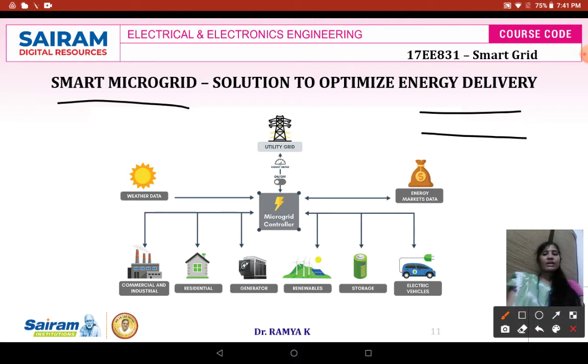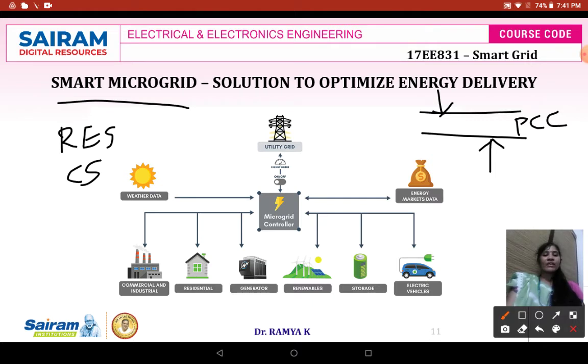Smart grid is nothing but integrating your renewable energy source with your conventional source. Some renewable energy sources will give DC power, and that will be connected to the DC grid. Wherever AC power is available, that will be connected to the AC grid, and we will have a common coupling point, that is the point of common coupling. When transmitting the power, better power optimization has to be there, because the person who is going to utilize the load should also get satisfied with the available energy. The cost should be reasonable. So optimized energy needs to be delivered to the customer.